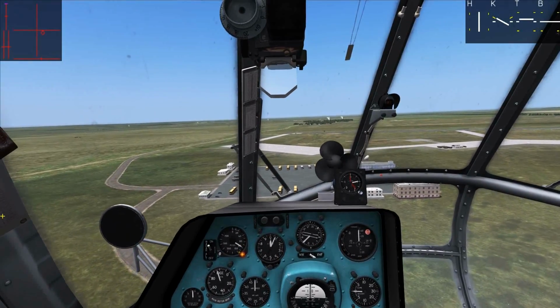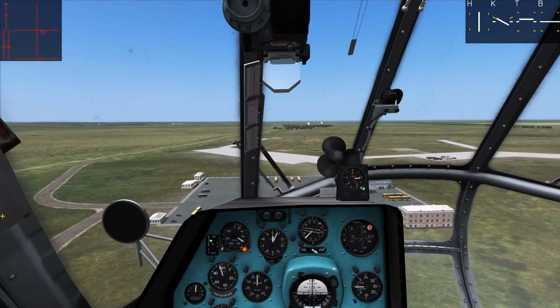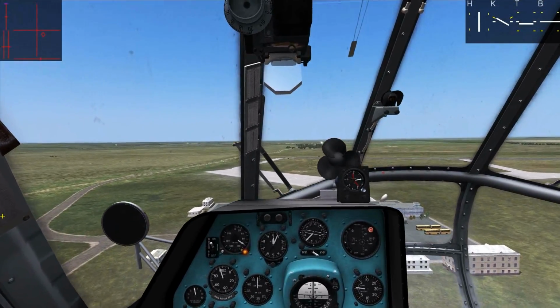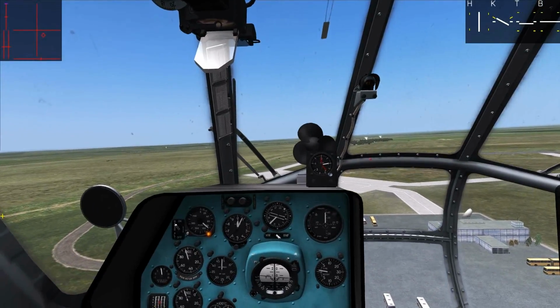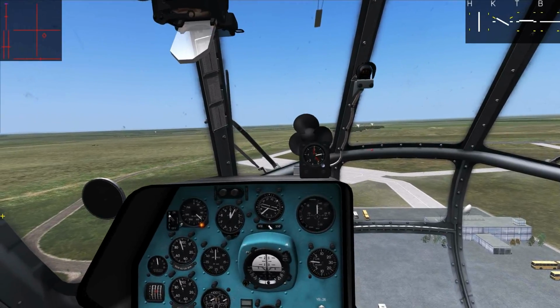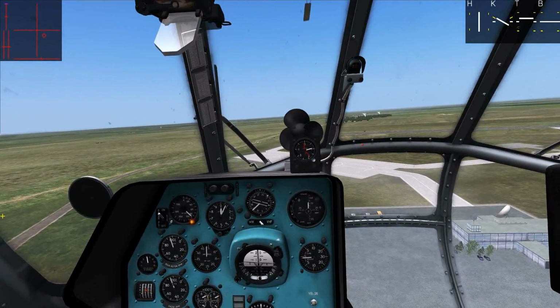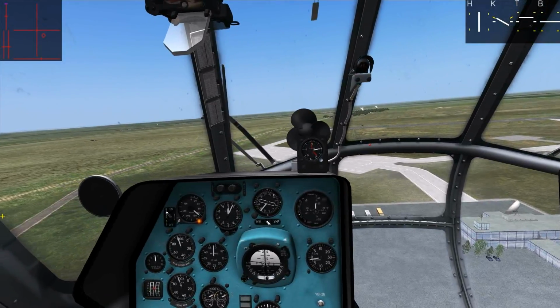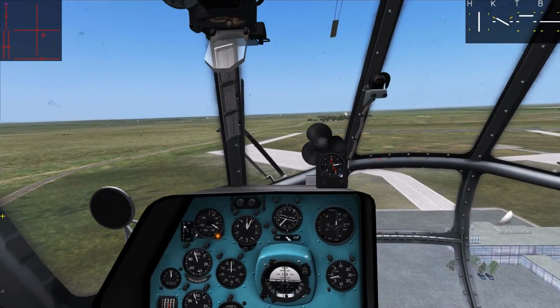So let's come back in here. I'm going to try and land right on that little taxiway area there, far right. You can see I'm getting into my Doppler hover zone, descending about as fast as I dare. If I was to descend any lower than what I'm doing right now,